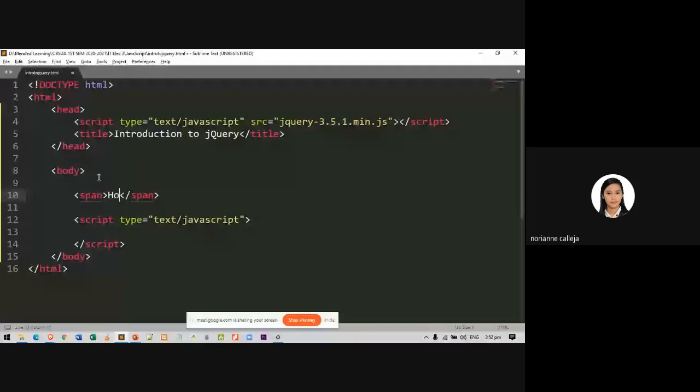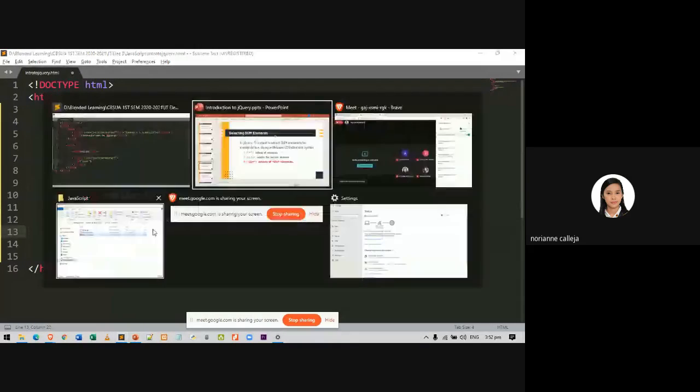If we are going to select this element, this tag, we should type $, parentheses, then enclose it with quotations. Okay, am I still clear?